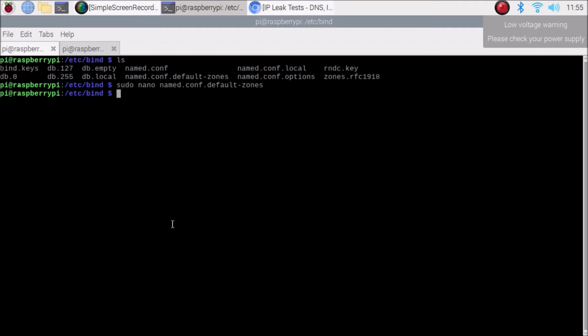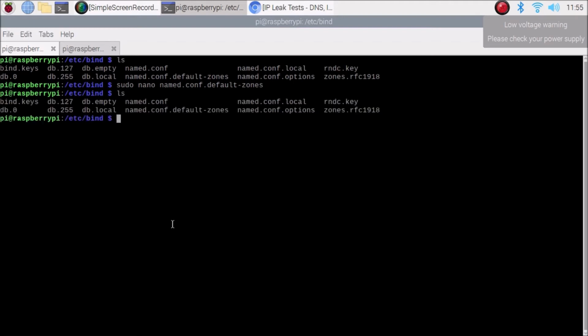Simple. Now we basically need two files for creating the forward zone and the reverse zone. So we are going to use db.local and db.127. We are going to copy these files. So simply run the command this way: sudo cp db.local